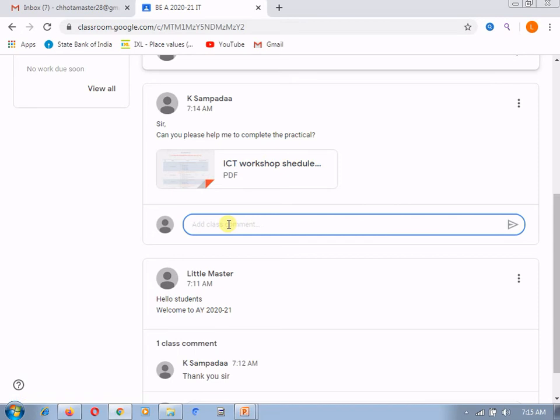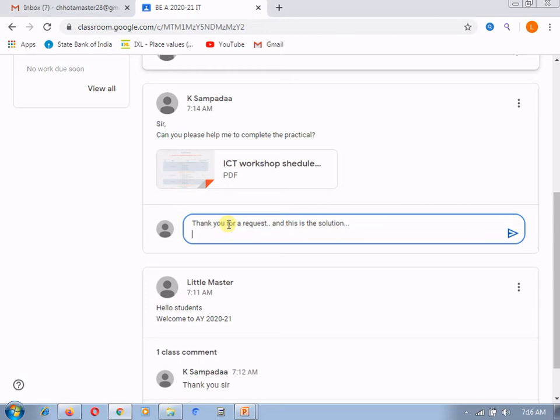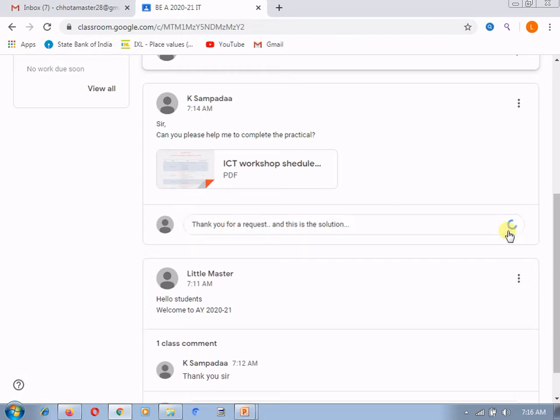The teacher's comment might be, "Thank you for the request, and this is the solution." If your solution is in text format, you can give it here.